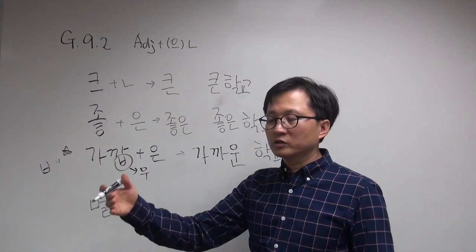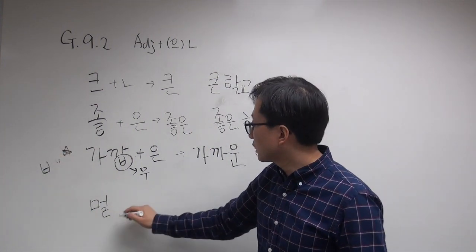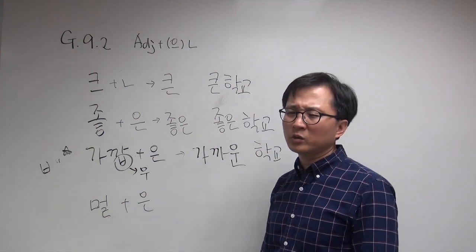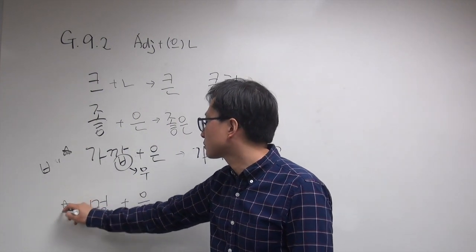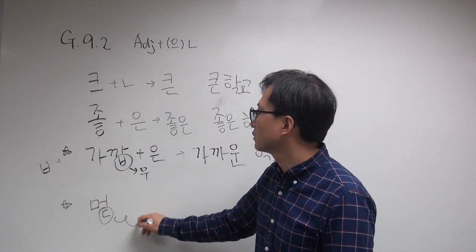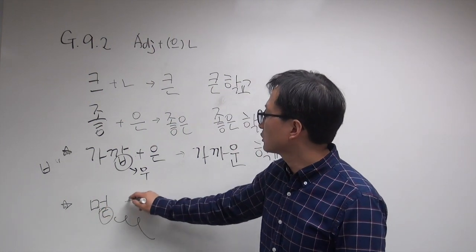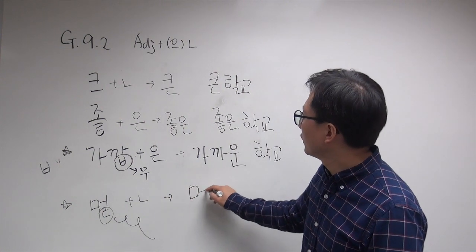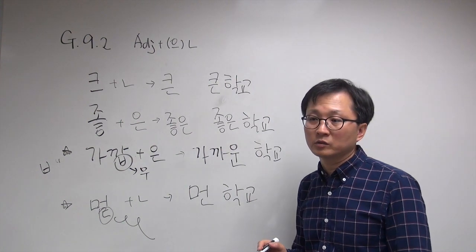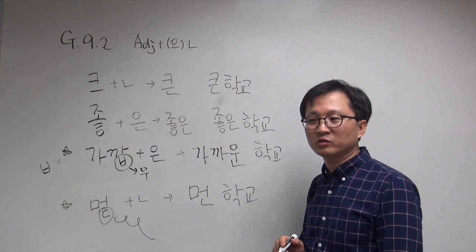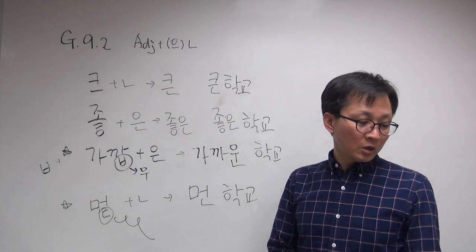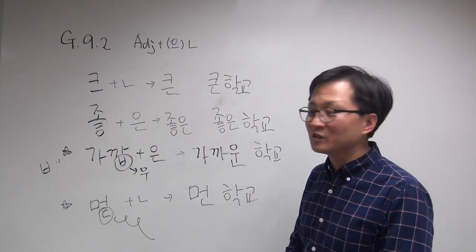And let's say the school that is far away. 멀다 plus consonant, so 은, right? So, 멀은 학교? Oh no. This is irregular. For the r-ending words, we just delete the r and add 은, so 먼 학교. 그렇죠? It's a far away school. 먼 학교는 싫어요. I don't like to go to a far school. 먼 학교에 가기 싫어요. We'll learn that kind of thing later. This is it.